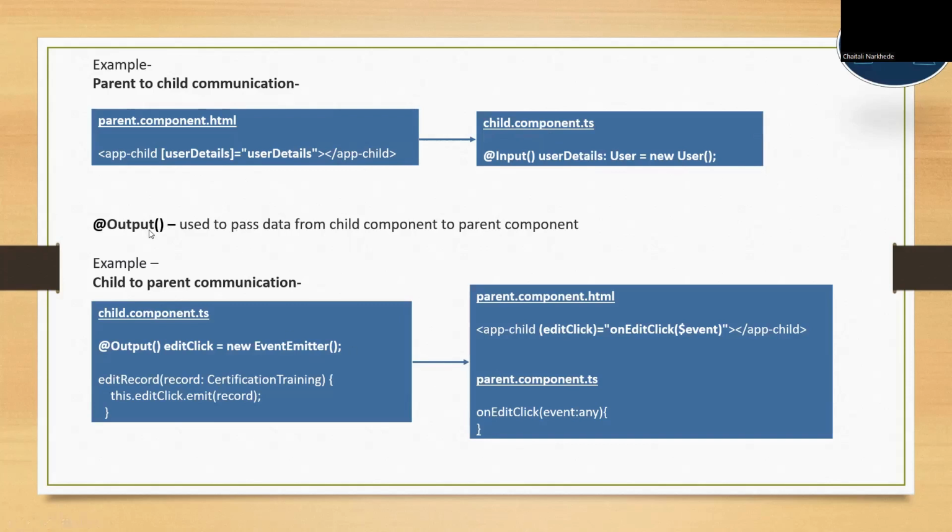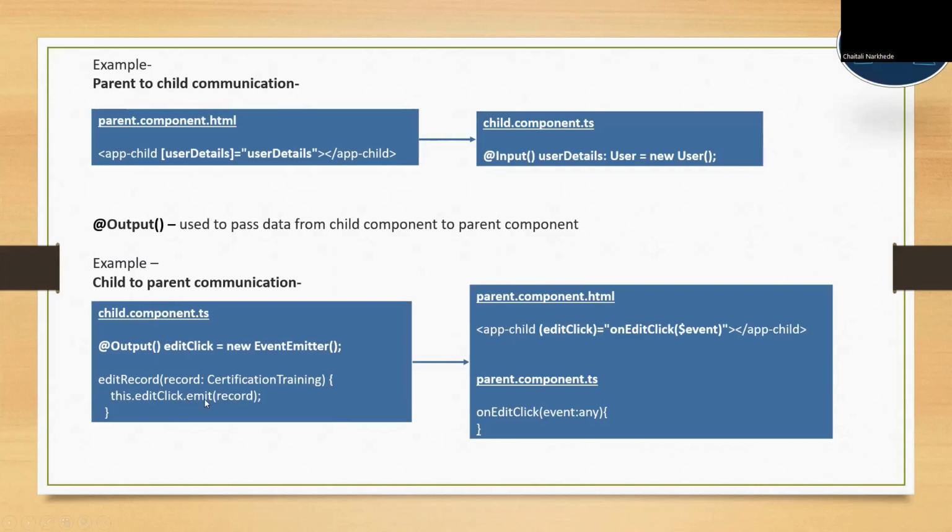Output is used to pass data from child component to parent component. Let's take an example. If you want to pass some data from child component to parent component, for that you have to define an @Output property equal to new EventEmitter, and on a particular event you have to emit that event. Here I have emitted this.editClick.emit, and I am passing this record